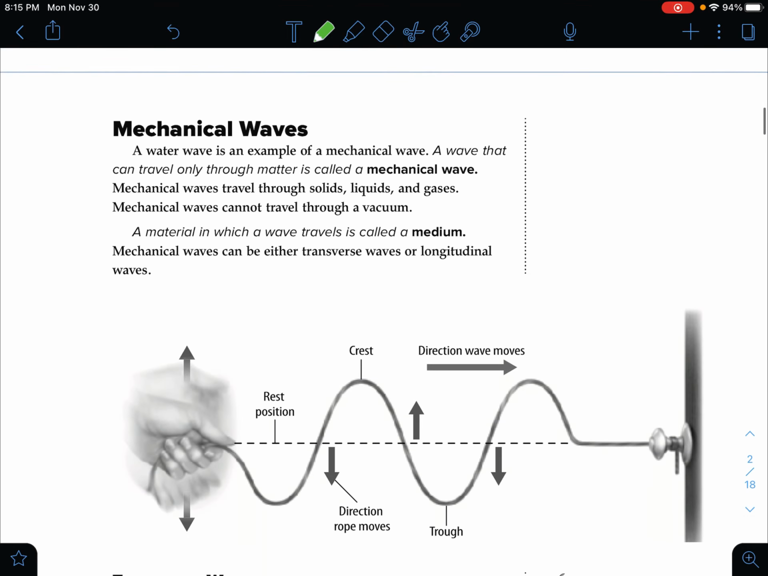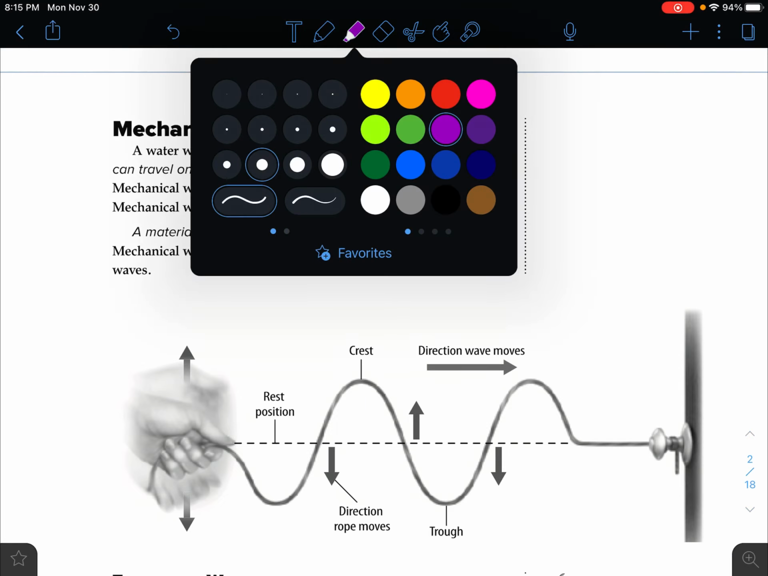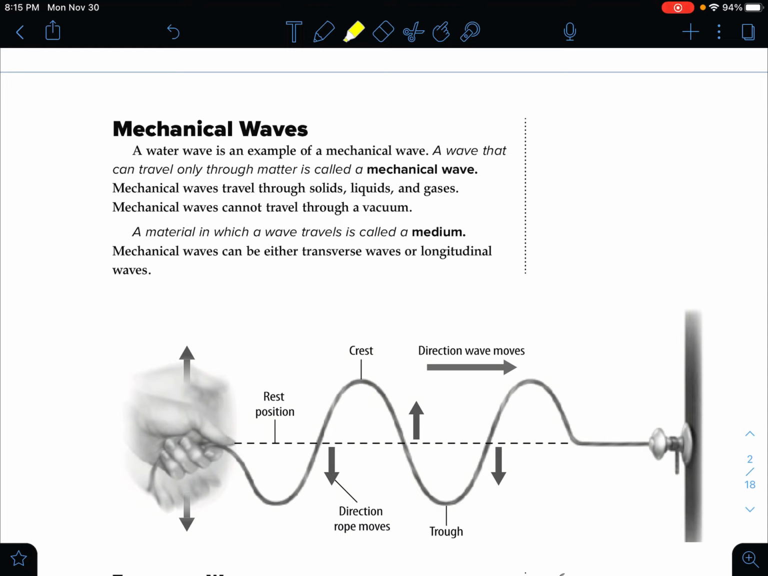Okay, so we're gonna learn here that we've got a couple of different kinds of waves. A water wave is an example of a mechanical wave. So I see we have a vocabulary. So I'm gonna go ahead and switch to yellow. A wave that can travel only through matter is called a mechanical wave. And I see another highlighter to highlight, so we're going to do that right now. So a mechanical wave can travel only through solid, liquid, gas. So it can only go through the mediums of